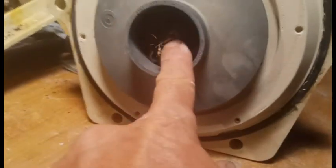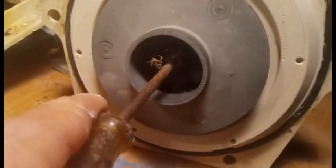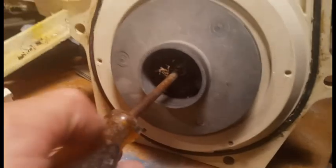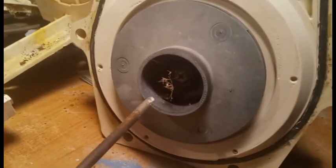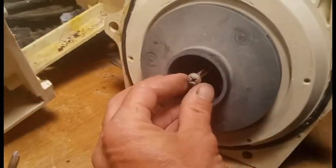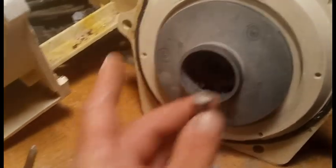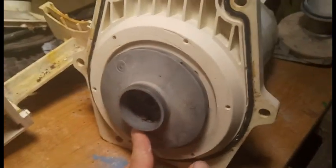On the Whisperflo pumps, there is a screw inside here which you first remove, and it's important to note that it is reverse thread. So this is one of the rare situations where it is lefty tighty, righty loosey. Got that loose, so now we're going to pull this screw out, and now we will twist off the impeller,